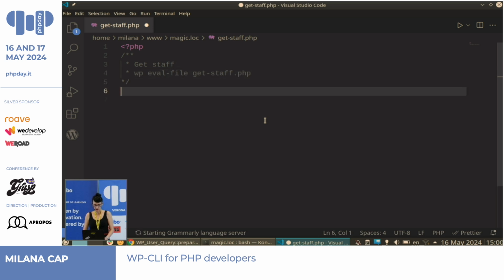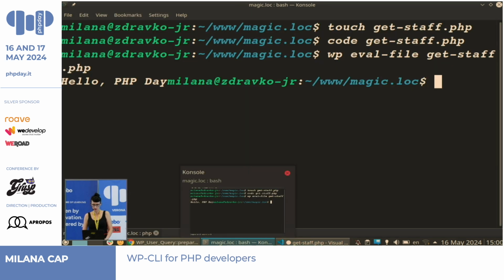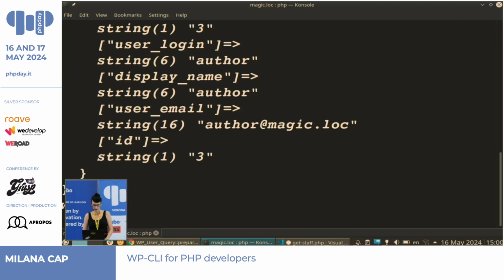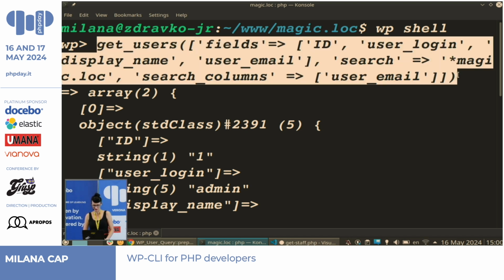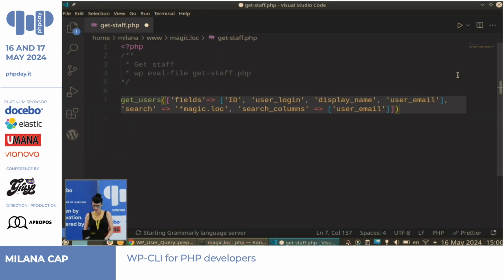Okay, so we saw that this code is working, and I want to just copy it because you already looked enough at me writing code. Okay, so these are the users,